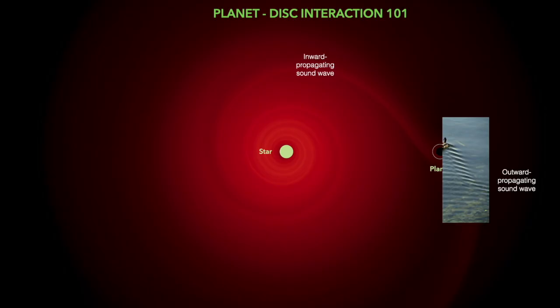But what is the difference between a planet and a duck? Trajectory, yes. So when the duck swims, which way does the water go? Goes back. When a planet swims, which way does the water go?